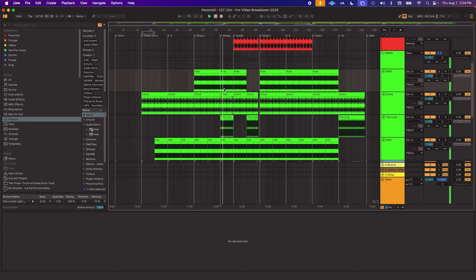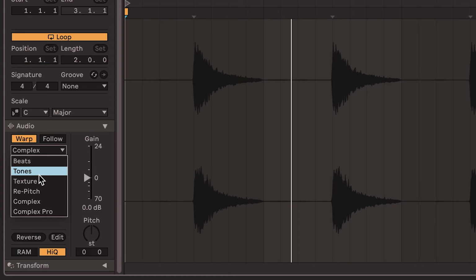So you see I got a ride, I got a snare, I have this little top loop that plays during the breakdown, and it gives it that tension that I like to build during music. Then I have a hat loop going in there as a sample. So what I like to do is go to beats right here,